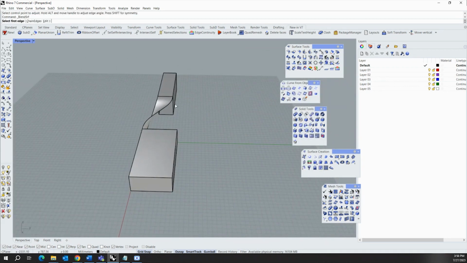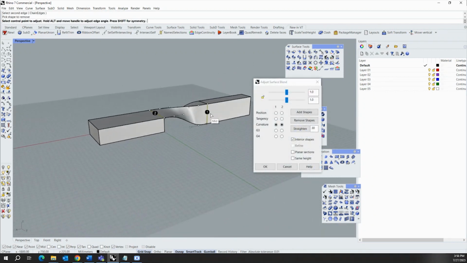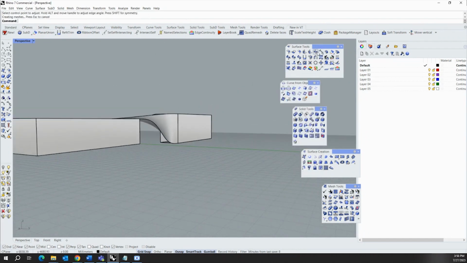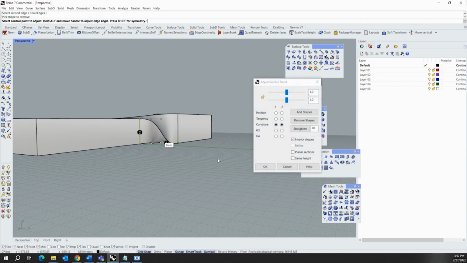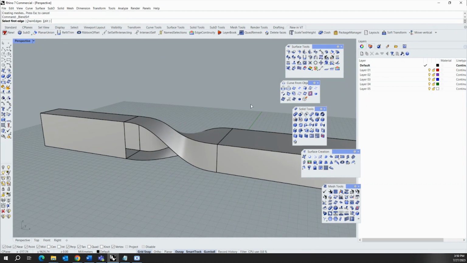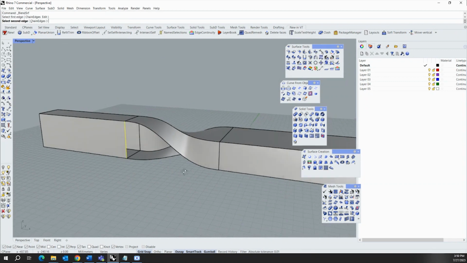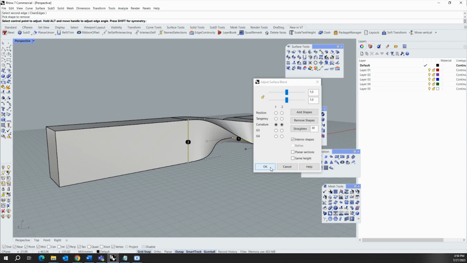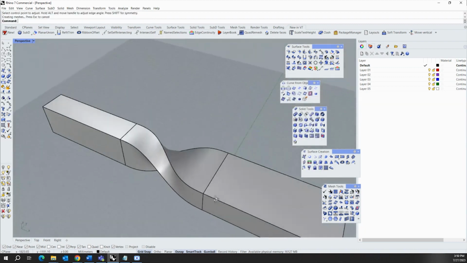I am going to click this one, and I think it's a trial and error kind of a method we need to do to get the proper output. Similarly, I'll be taking this blend surface, click this one and click this one. Yeah, I think I'm right here. Yeah, similarly here also the same thing I need to do. Here maybe it will come wrong. Yeah, I think so. Click this one and click this one. I think we have got the overall form,